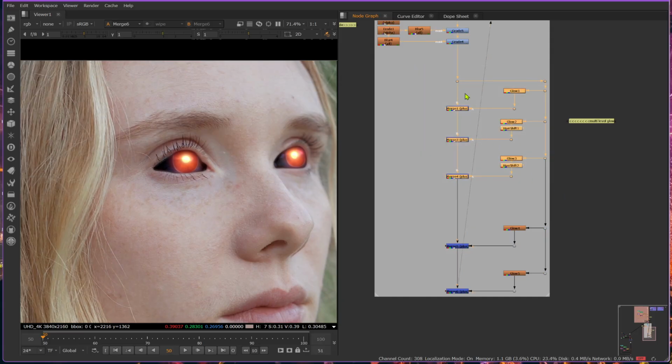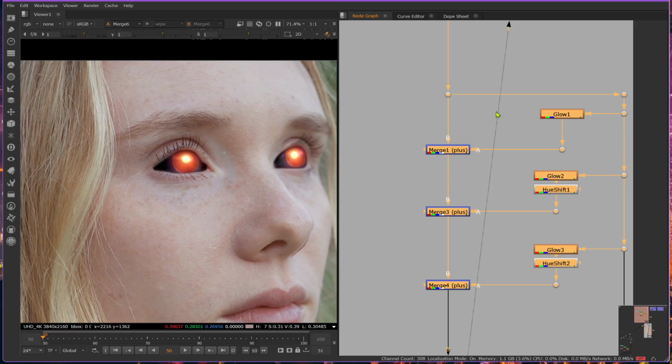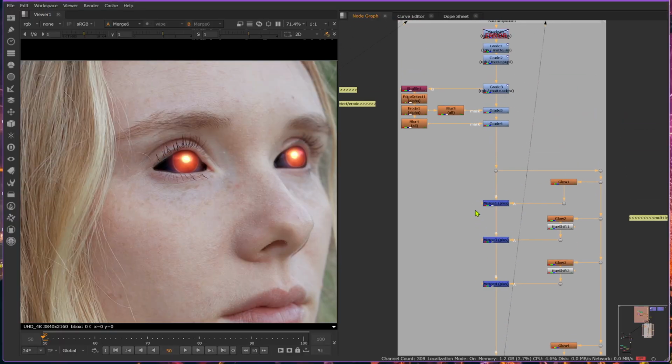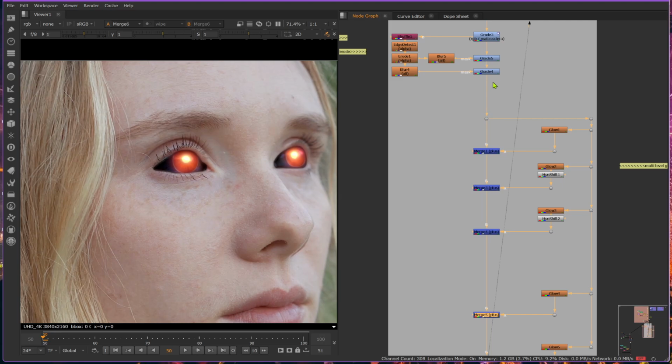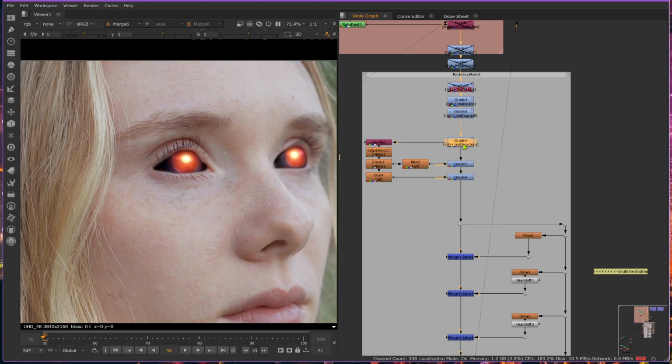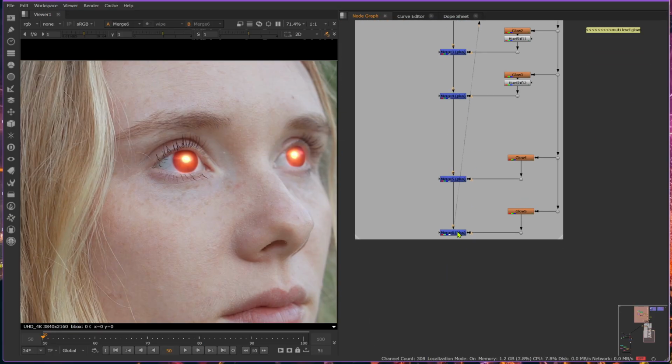So this is the same kind of setup I just showed you with glows being plussed on top. And then I did some for her pupil as well. But I also have that one here that's making this go black. And I know that's my sclera, so I can tell it's this one right here. So if I was to take this, turn off this other stuff I'm doing. If I was to take this, disable it, and come do it after my glows,